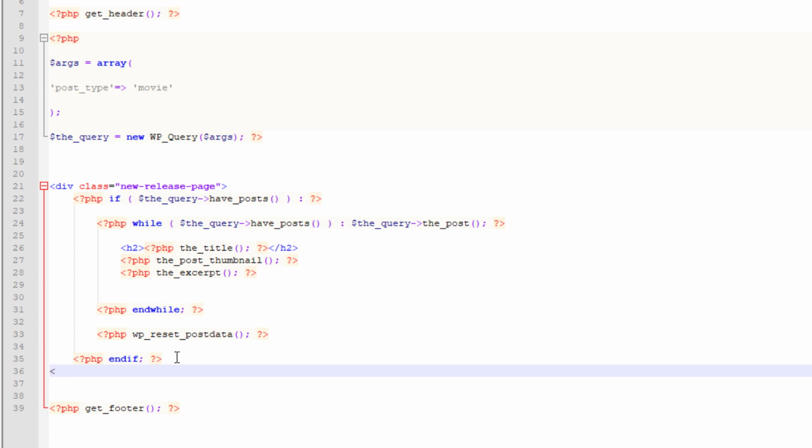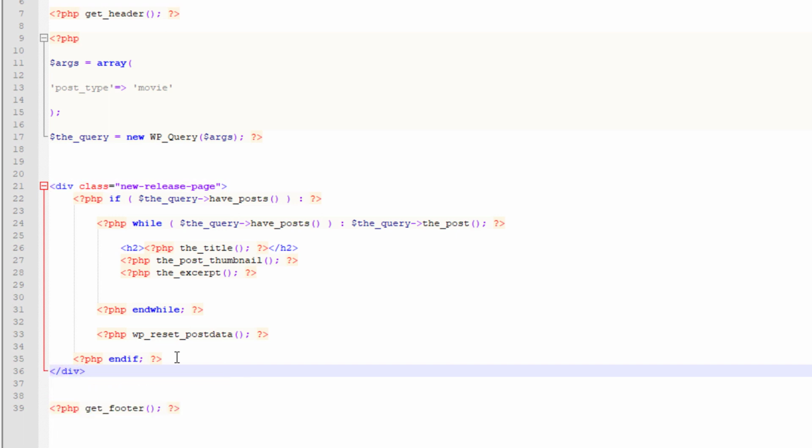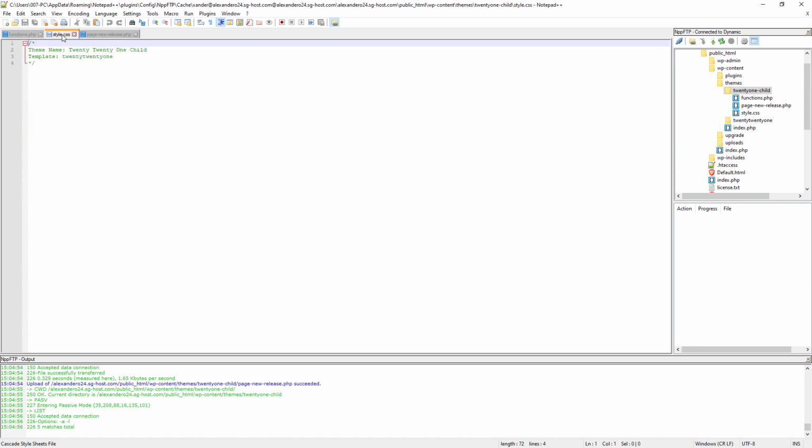Now I'm going to close the div, and there it is. So we're adding basically some HTML. All right, so now we have new release page containing all of this content. Let's save this. Now I'm going to go back to the style.css, and now